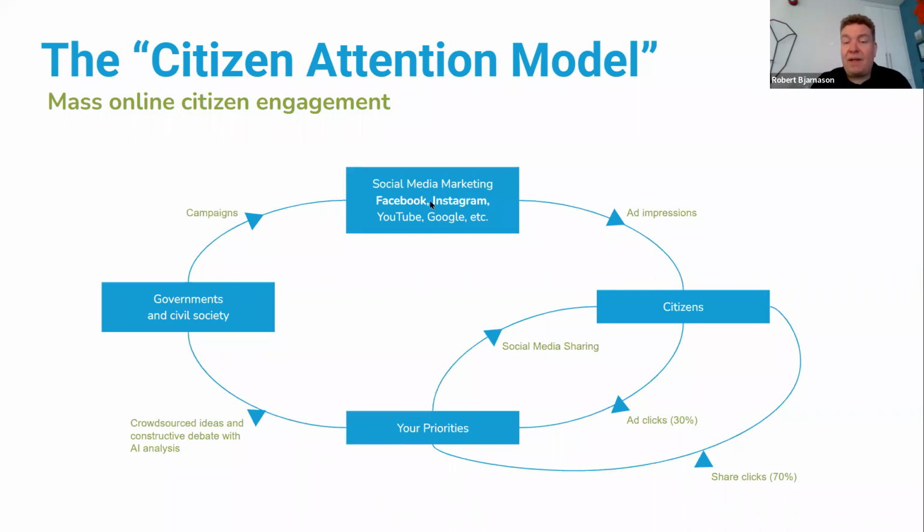So you do a marketing campaign like Facebook, Instagram, YouTube, Google, but also PR, and you try to get in the news and so on. Then citizens, if you go to the right of the chart, there's an arrow called Ad Impressions. So then citizens see those ads, those promotions on social media.